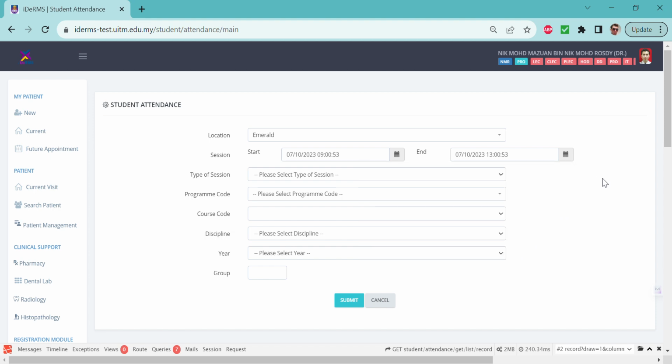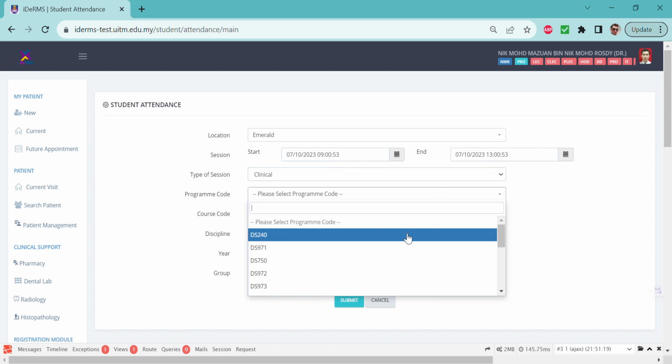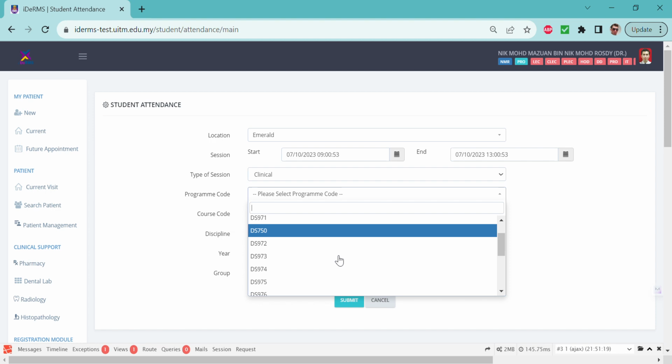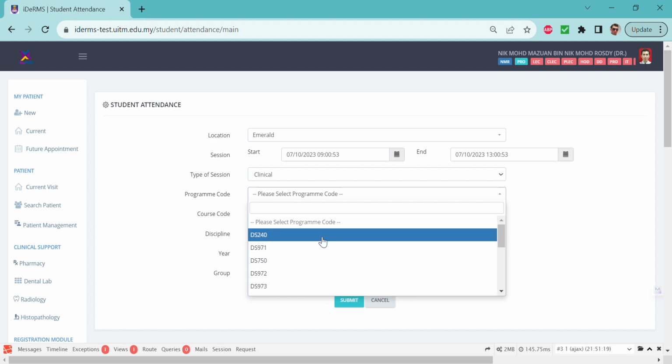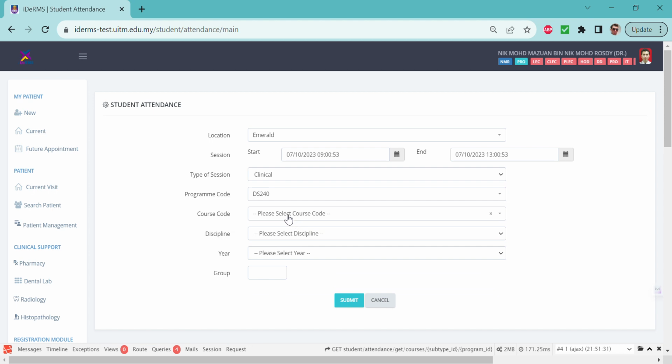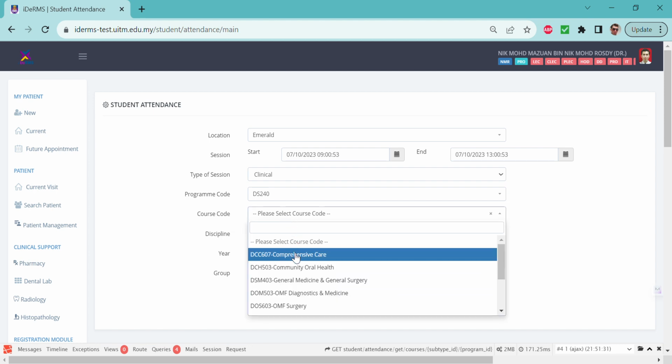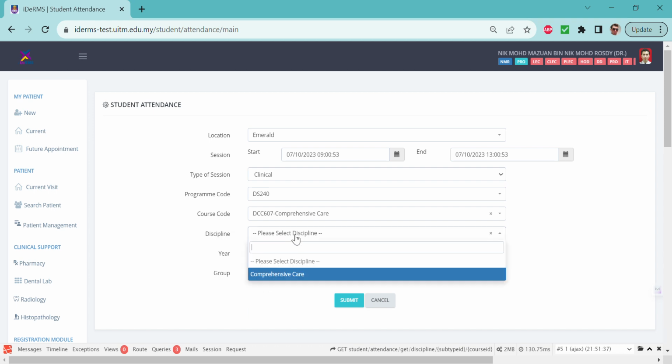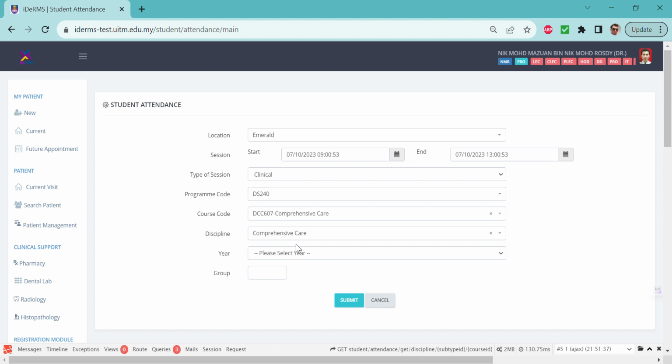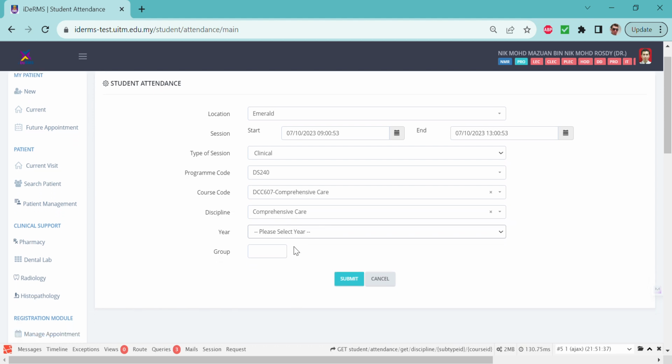Okay, so that's done. For the type of session, choose either clinical, preclinical, or PG preclinical. PG clinical, you can choose clinical here. And then choose the program code that is available. So we have DS240 all the way to the postgraduates. I'm just going to choose the undergraduates here, and then for the course code I'm going to choose perhaps comprehensive care. And then if you have a discipline under the code, you choose the discipline. If you don't, just choose the one that appears,